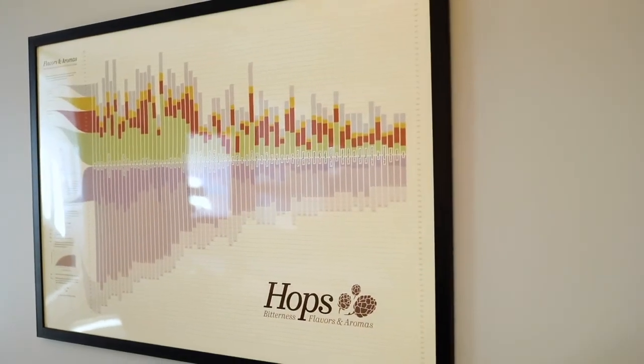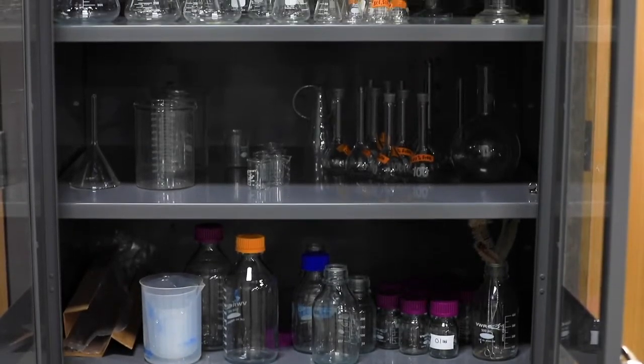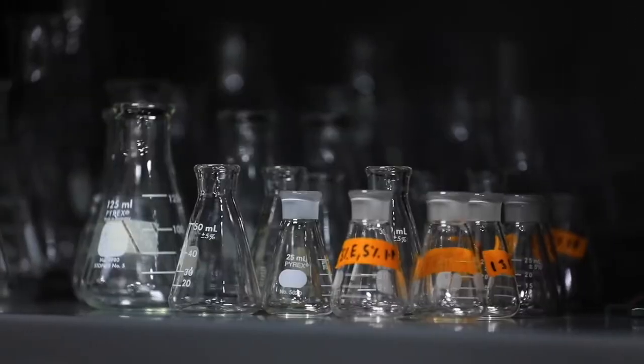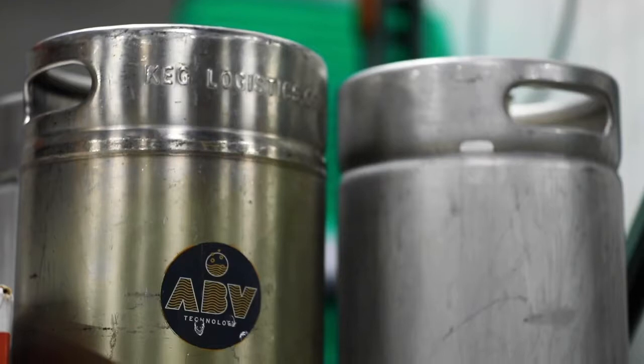world already. When I was in grad school, I decided I wanted to make a machine for making great non-alcoholic beer from all of the different great craft beers that are available out in the marketplace. I was using laboratory glassware and things that you wouldn't use in a food and beverage grade facility. So learning how to scale those processes up to make sure that we could produce beer at the rates that craft breweries need to be able to produce it at, those were some of the key challenges that we had